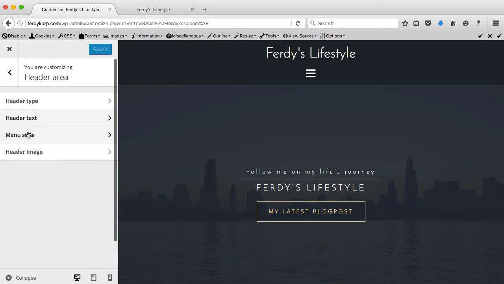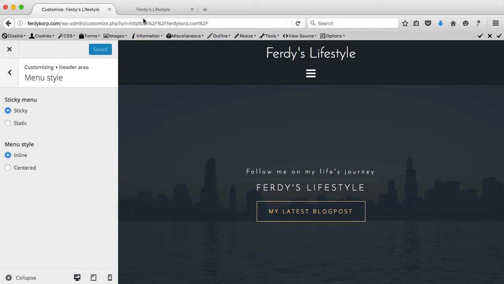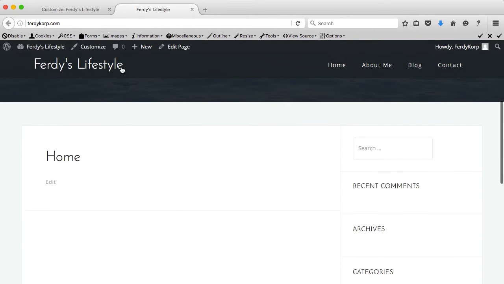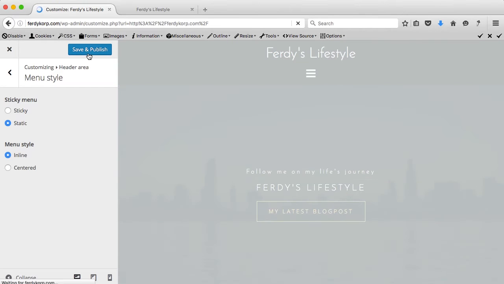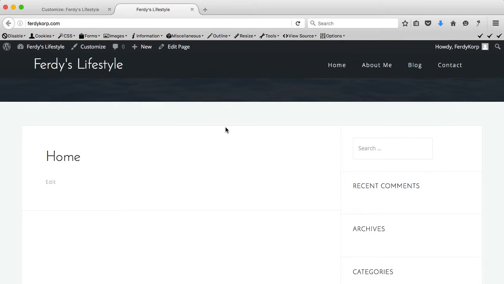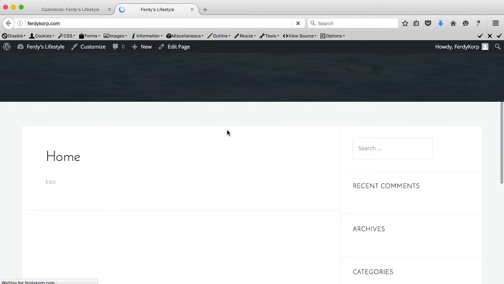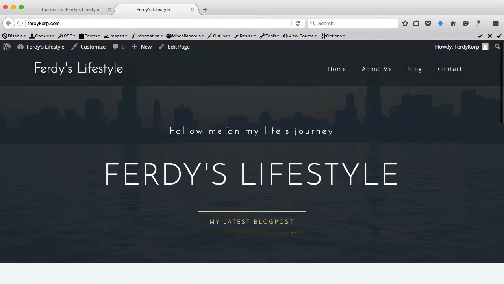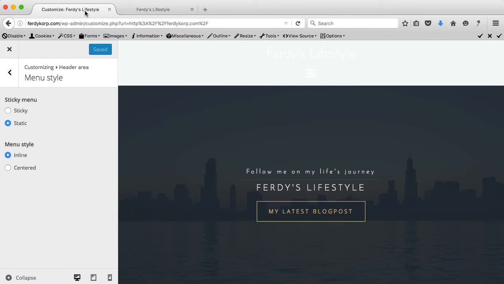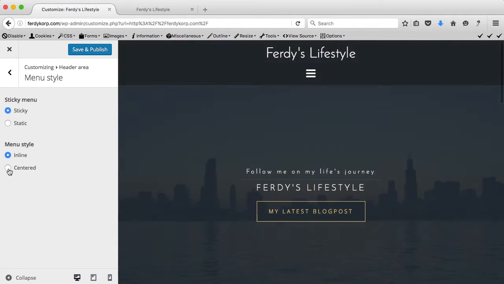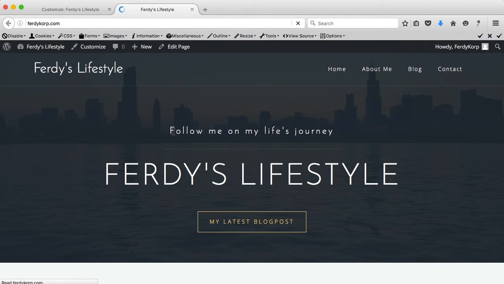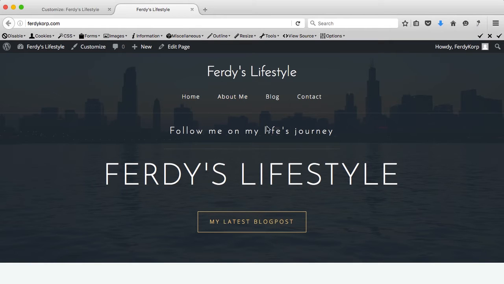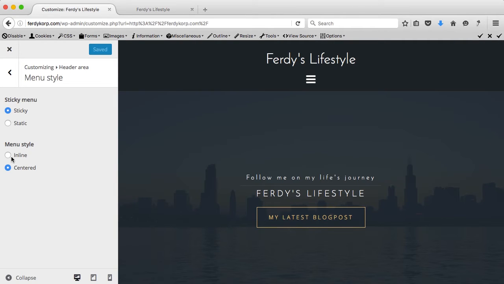Go back and go to menu style. Over here, if I scroll down, the menu is sticky, as it says over here. If I change it and publish it, and I refresh the page, it's not sticky anymore, it's only at the top. I like it when it's sticky, and I can also say the menu has to be in the center. Refresh, like this. I don't like that, maybe you like it, I don't like it, so I bring it back as